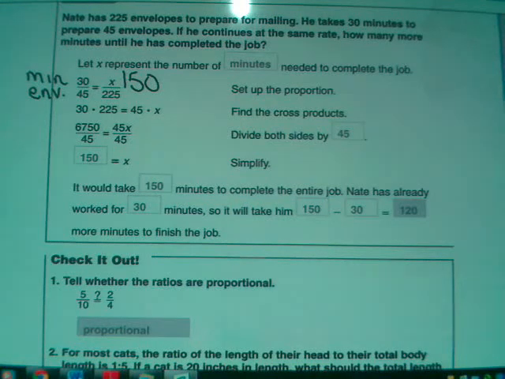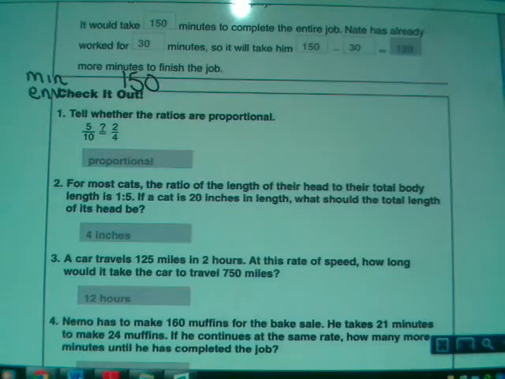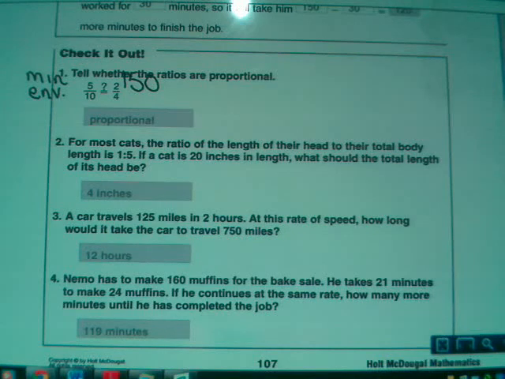All right, so let's go ahead and take a look at the check it out examples here at the bottom of the page. As you can see, there are more than a few. Number one, we're supposed to tell whether the ratios are proportional. And in this case,